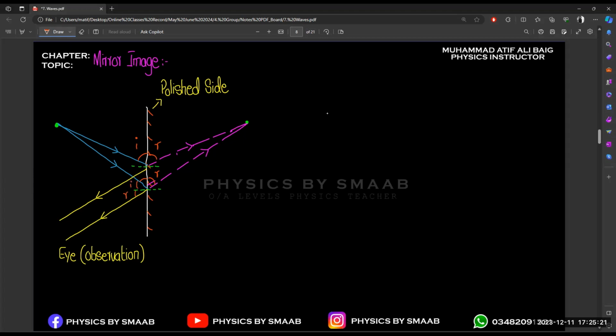So just for the ray diagram, we have to make the image over here. So this is our image and this is the object. So in MCQs, when you get a question on mirrors, most of the time we mark the image over here, right? So for a mirror diagram, never mark the image on the same side of the mirror.